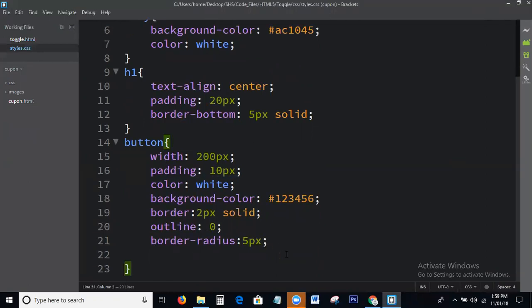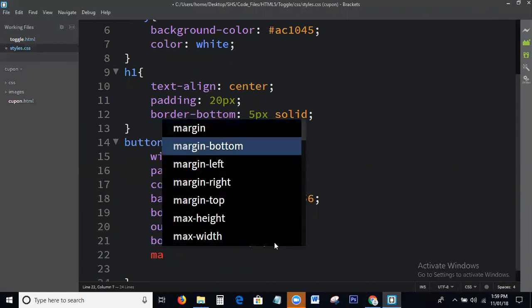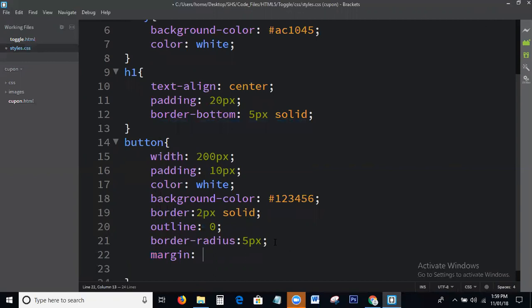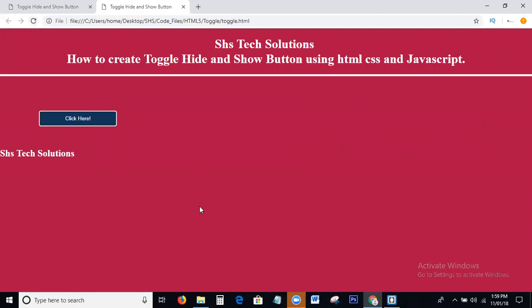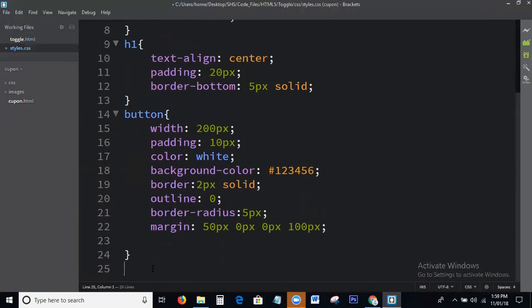Text, okay. Margin, pixel, okay. Next, I will write